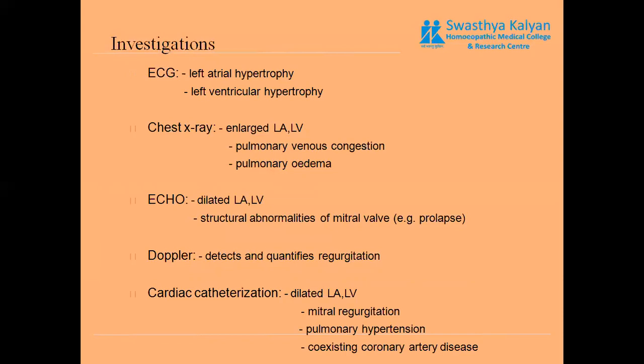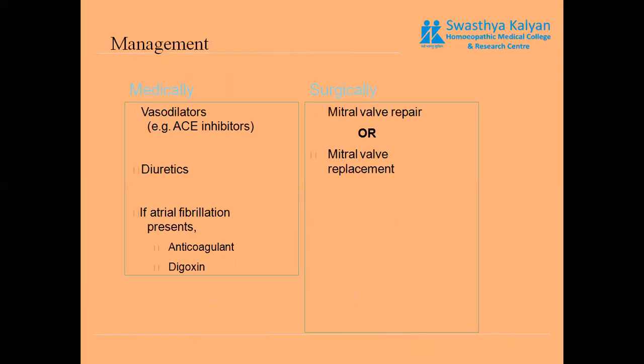Doppler will give you an exact suggestion whether the defect is present or not, and also quantifies the regurgitation, that is, what is the intensity or how much blood is getting regurgitated. So for its management, some medications like anticoagulants, diuretics, and vasodilators are usually prescribed. Usually, surgical valve repair is done, or valve replacement therapy can be adopted.